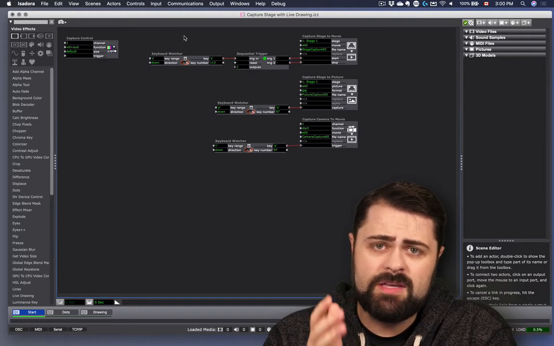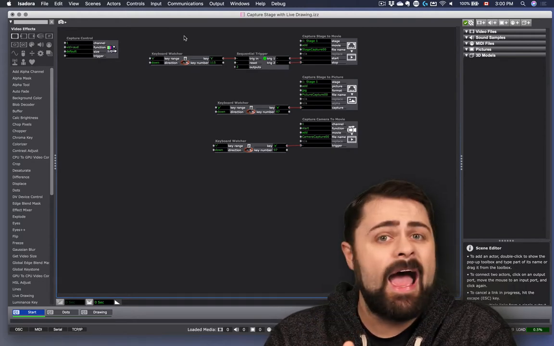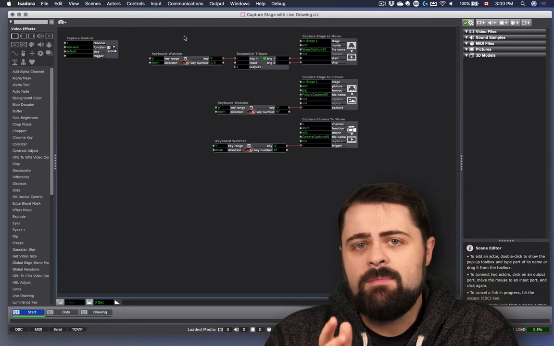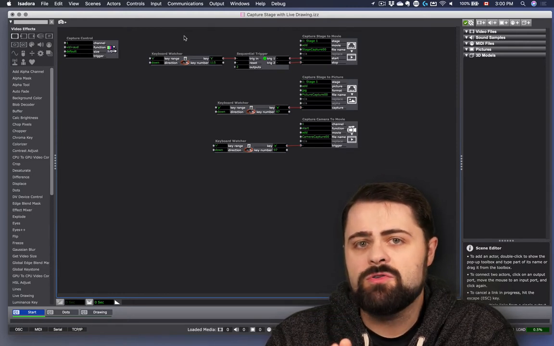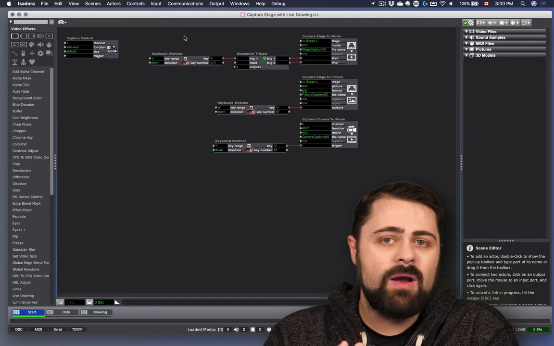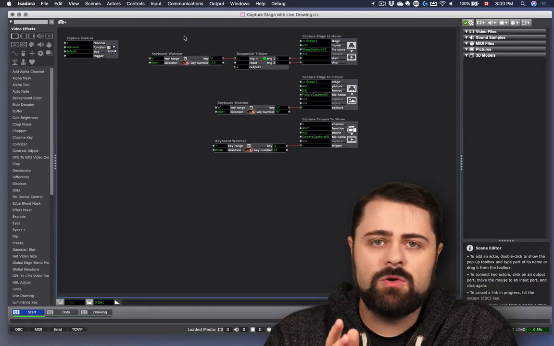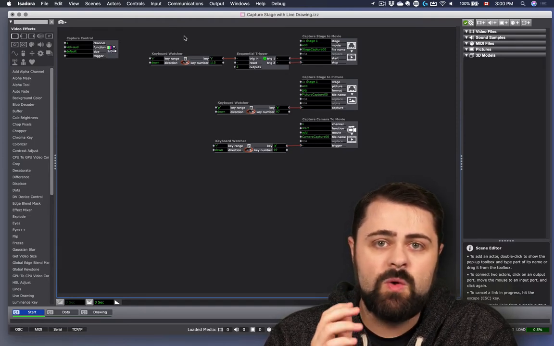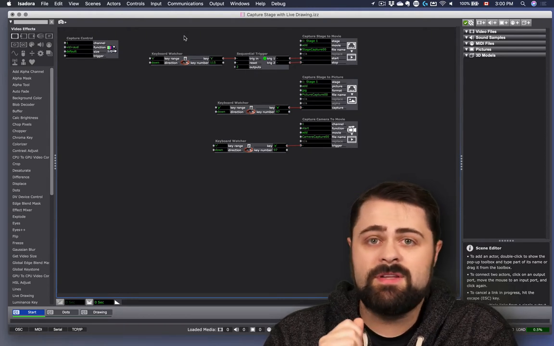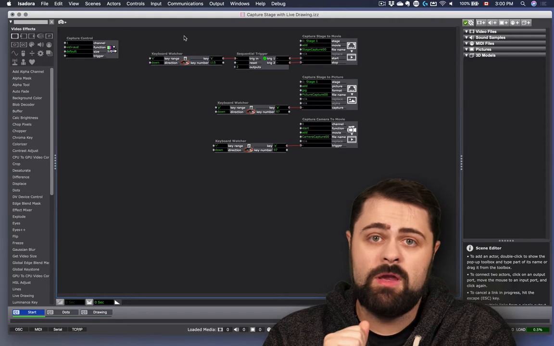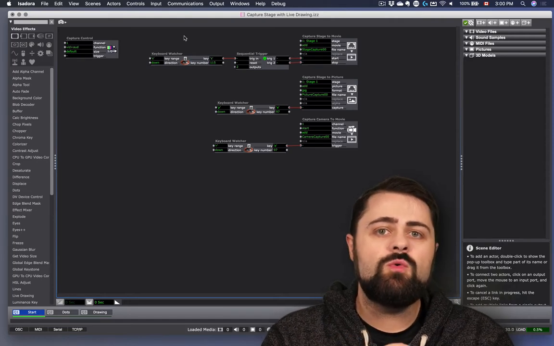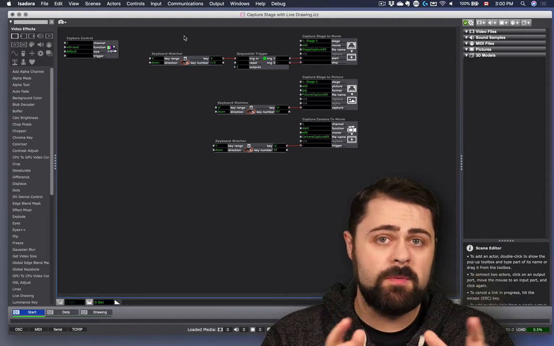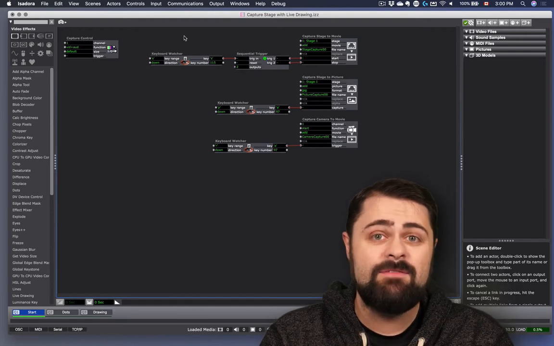Capturing video is a very processor-intensive task, and it really makes a difference the type of hard drive that you're using to record that media. I recommend, at least in the short term, recording your captured media to a local solid-state drive or a solid-state drive that is attached using USB 3 or better. This will ensure you have the best possible performance when you are capturing that media and saving it.